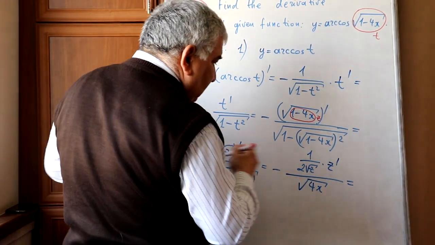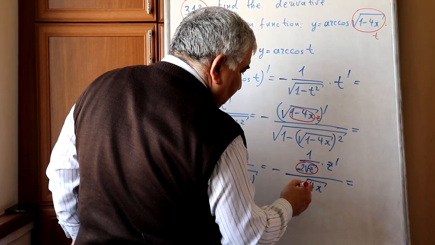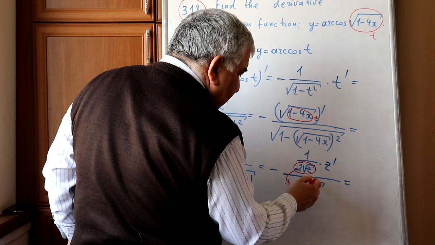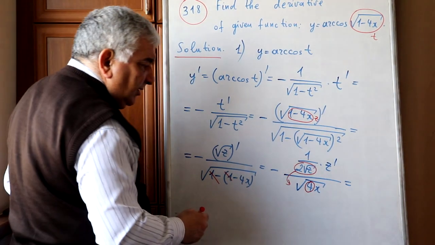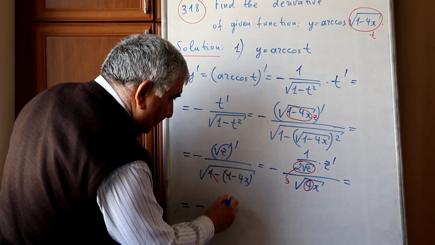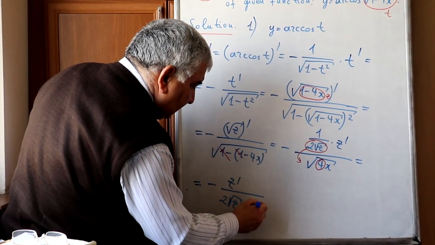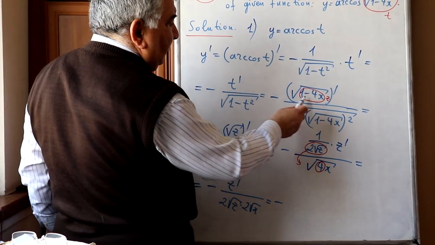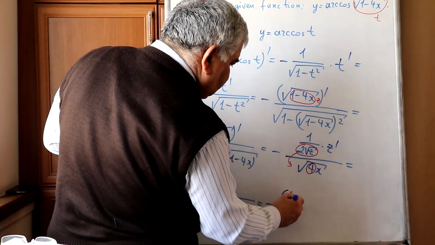Then this expression is transferred into the denominator, and from here we can take 4 out of the root symbol, then continue, minus z prime over 2 square root of z multiplied by 2 square root of x equals, then we have minus, substitute 1 minus 4x instead of z here, 1 minus 4x prime